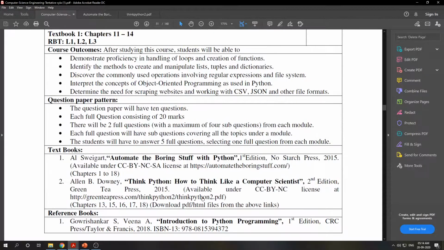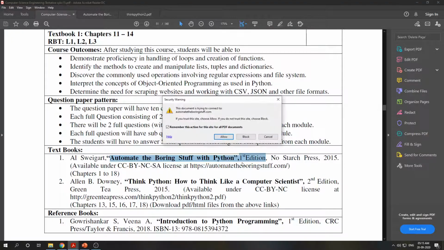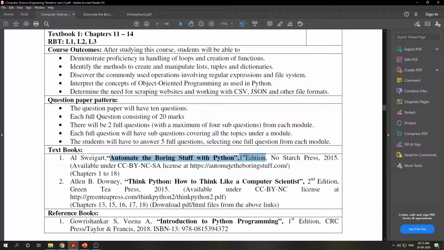Now the textbooks that they have mentioned: A. L. Sweigart. The title of the book is Automate the Boring Stuff with Python, first edition. The link for this book is already given. So this is actually an online book. If you want the PDF version, I have the PDF version. If you just click on the link, it will redirect you to